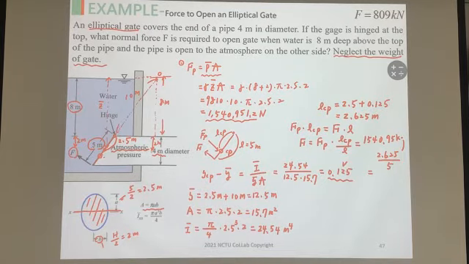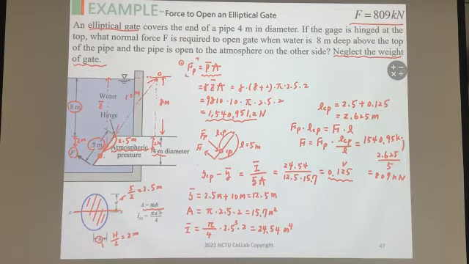1540.95 multiply 2.625 and divided by 5. The answer is around 809 kN. Okay, so as the answer shows here, the basic idea is, first we need to determine the FP,